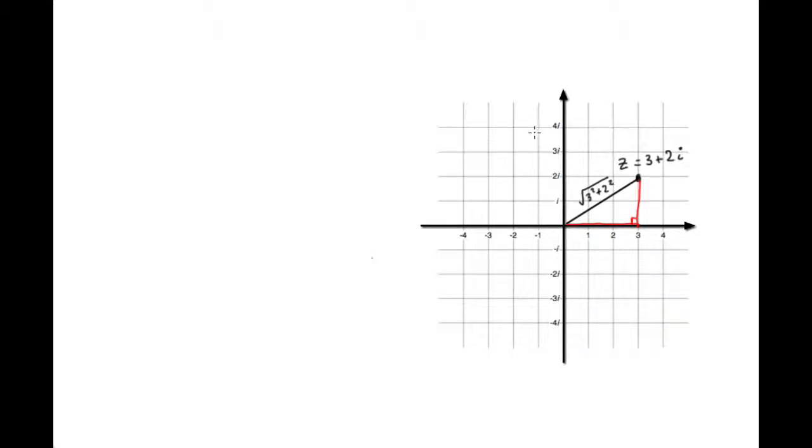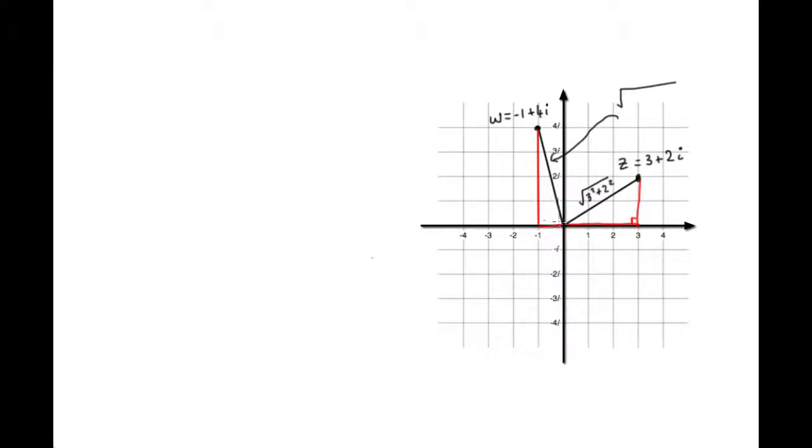Another example, for instance, if we take the complex number minus 1 plus 4i and ask ourselves, what is the distance from this point, again, to the origin? Then we have another right-angled triangle where we have two lengths. This length is 4, this length is positive 1. So the length of this line would be the square root of,